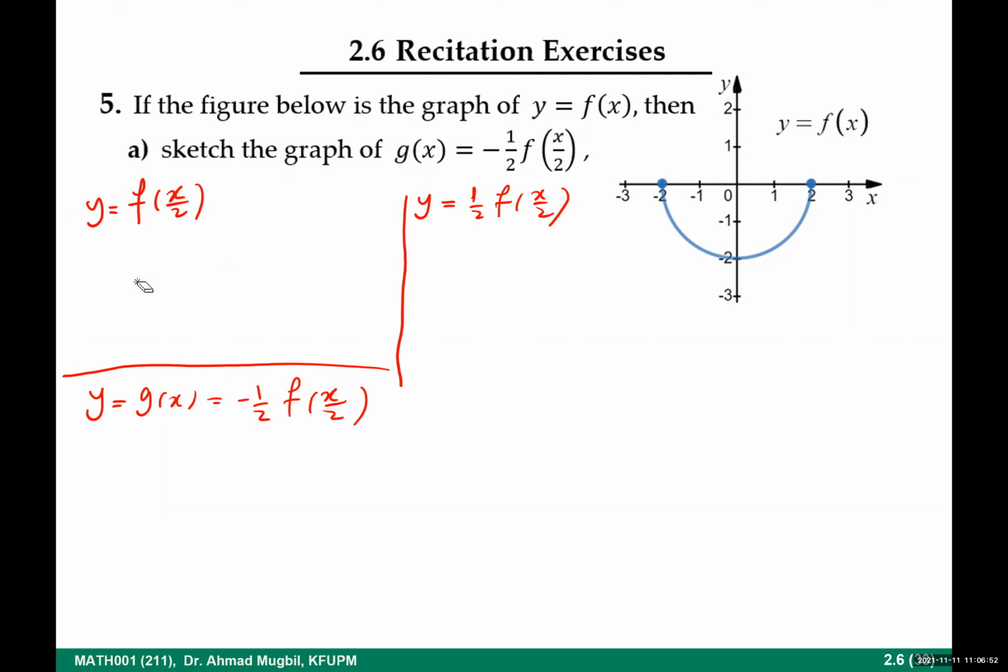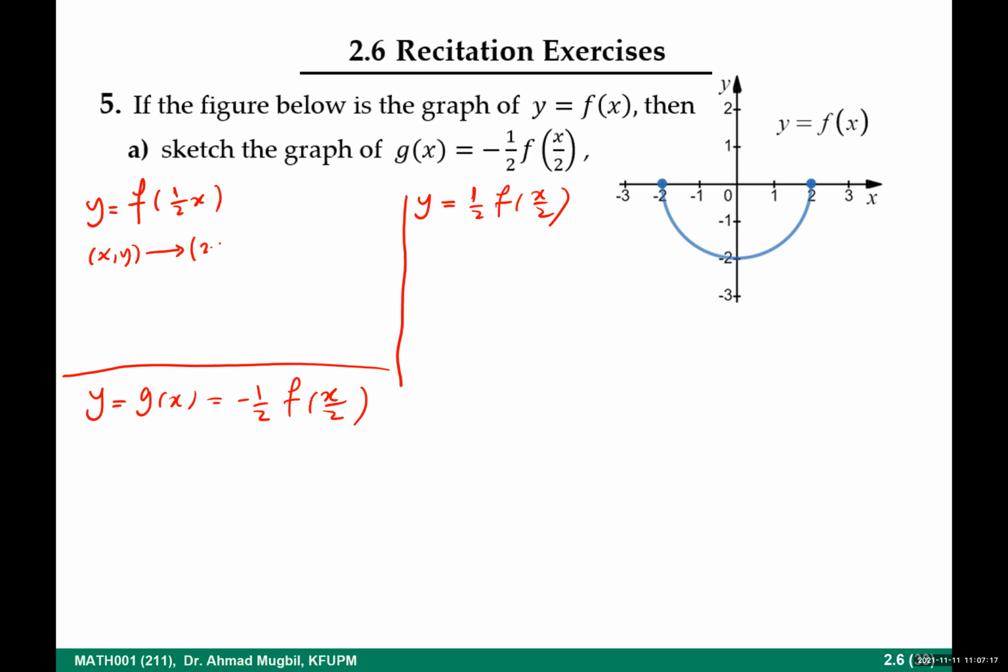Let me think about it this way, show you this way. If you have a point x and y, what will it become under this effect? It will be x and what? 2x. It will be x over the half, multiplied by x, because this is a half of x. So now it will be 2x